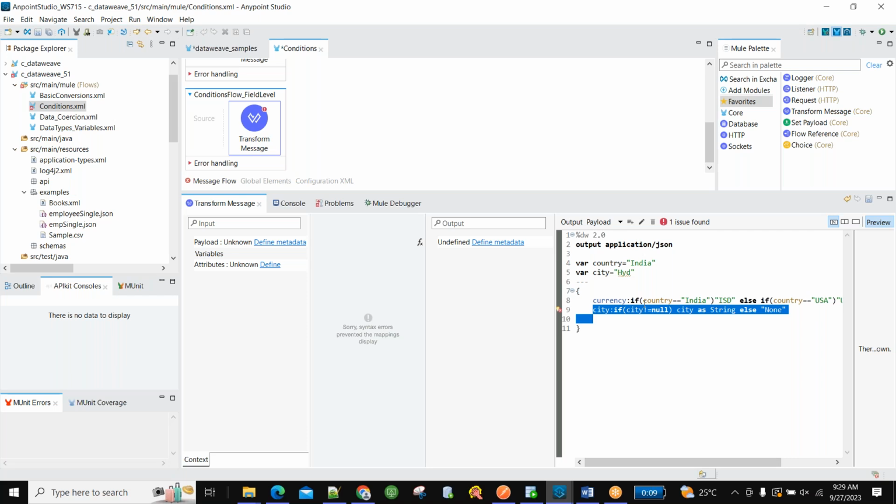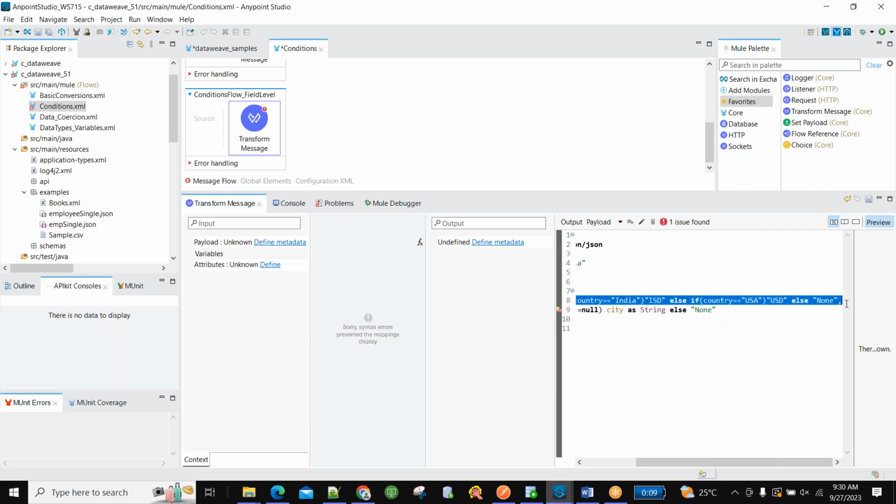Try to understand what condition we have written. If the country is India, populate the currency as ISD. Else if country is USA, populate as USD. Otherwise, populate as none. So at one field level, we have written this condition.